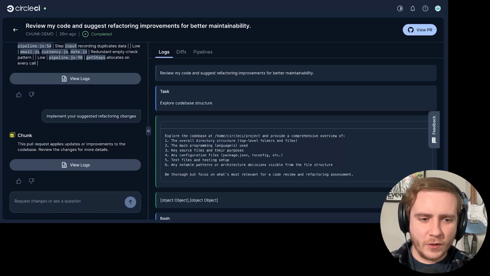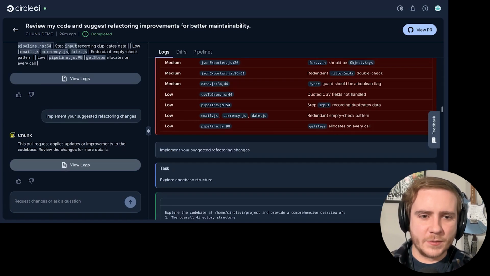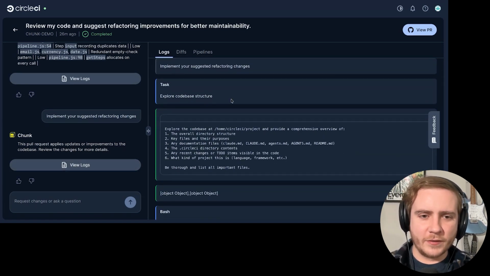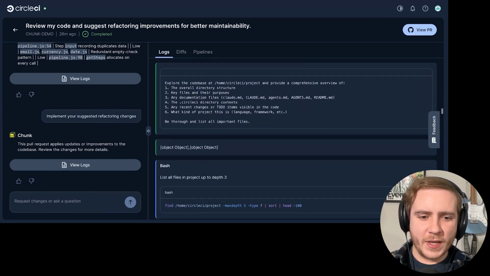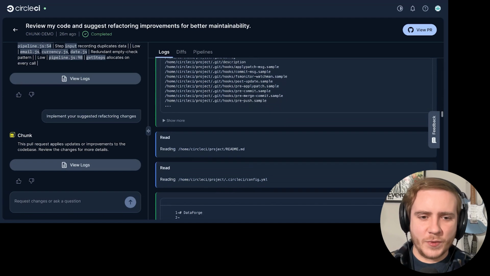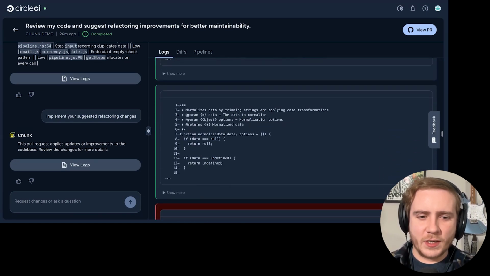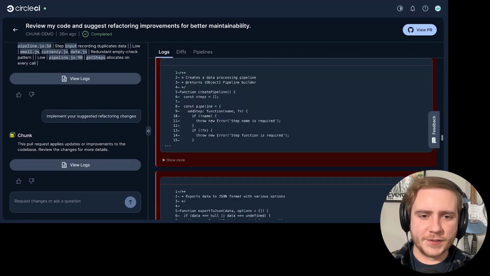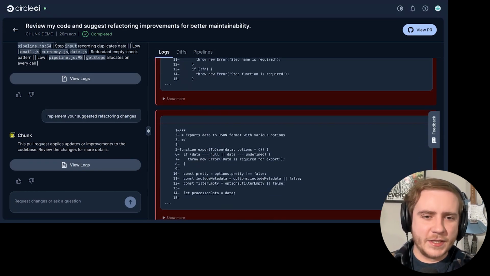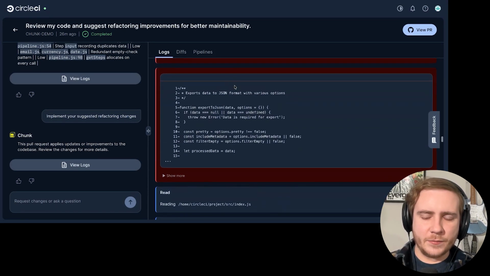So we can click view logs here. This immediately takes us into the log view so we can see exactly what it did. See, it started off by exploring the code base, searched a little bit deeper, and gathered a bunch of context before it actually started making any changes. We can view this in the diff view here, but we can also go directly to the PR that it's opened in our GitHub. If we click the View PR button up here in the right corner,